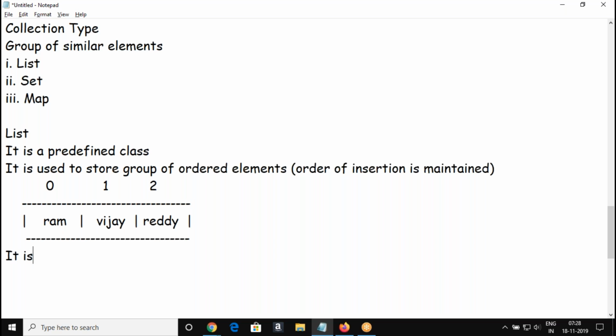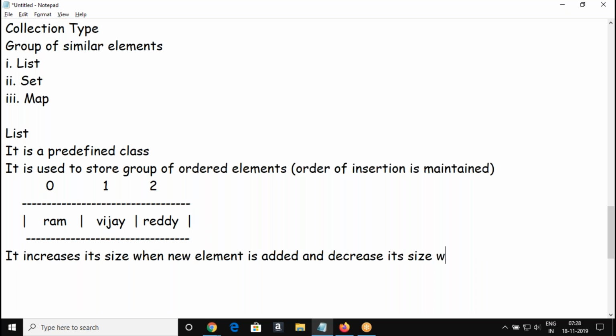And it increases its size when a new element is added, and decreases its size when any element is removed.